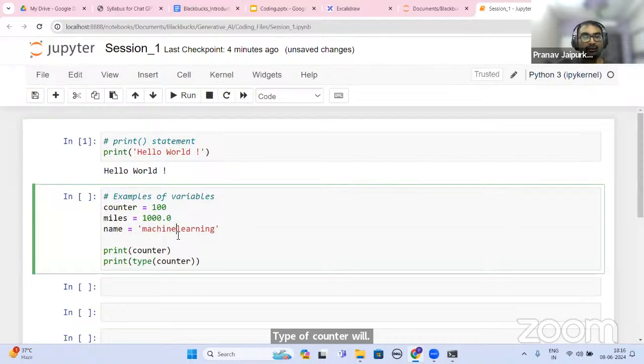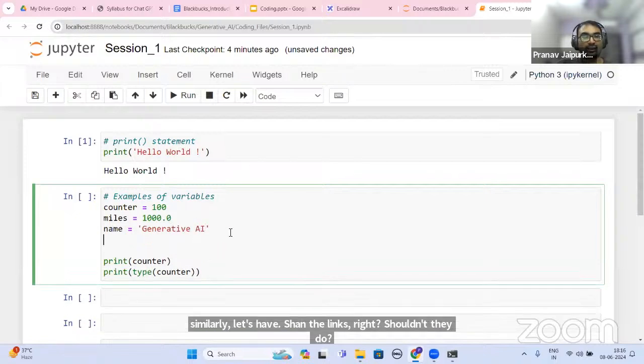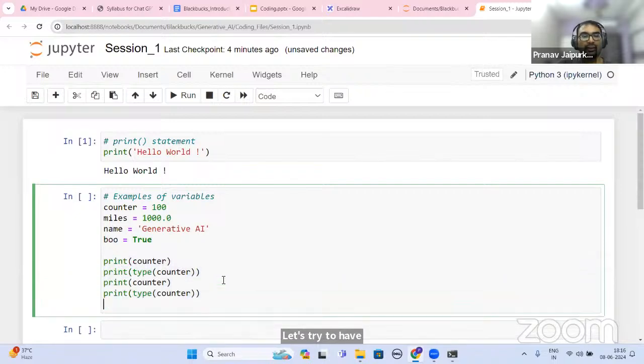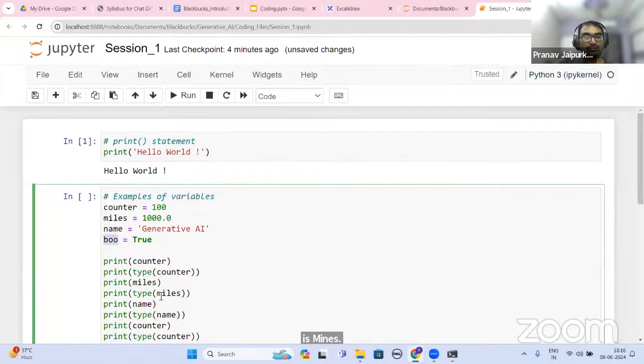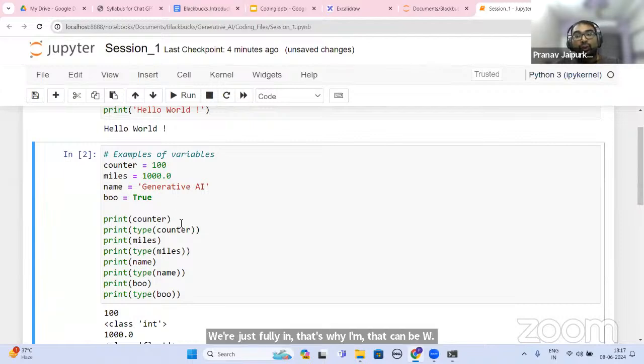Similarly, let's write generative AI. Let's try to have BWO which is equal to 2. And now what you're basically expected to do over here is miles, name, bool, which is Boolean variable. That's why I've written BW. So when you run it, you will see that when I'm printing counter,